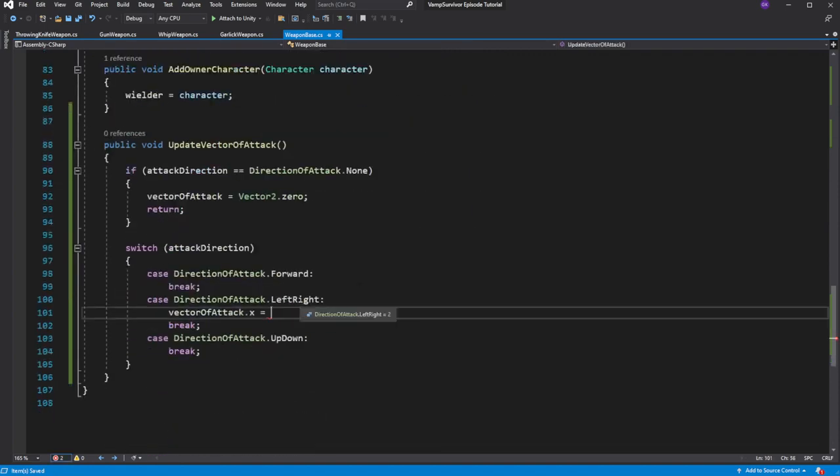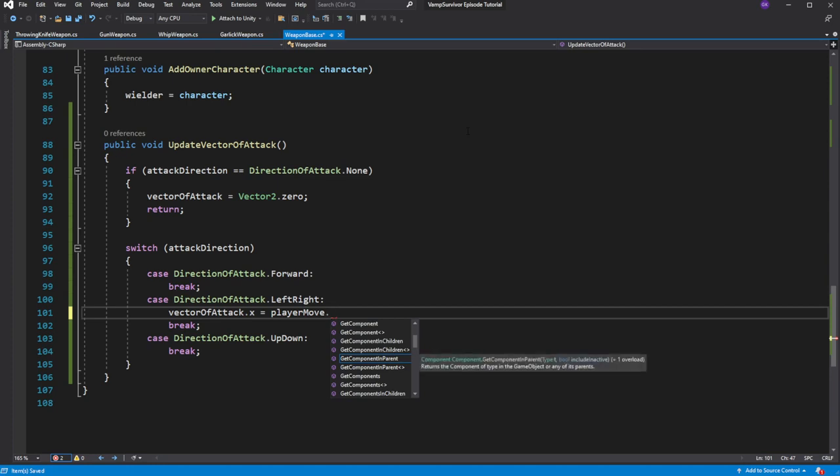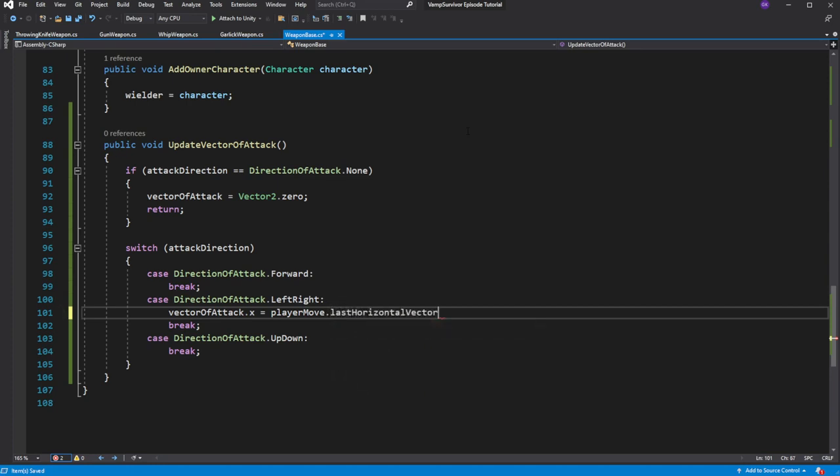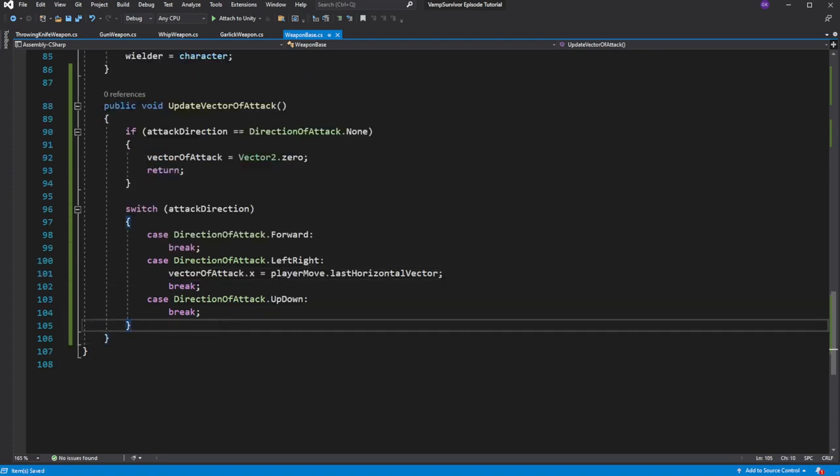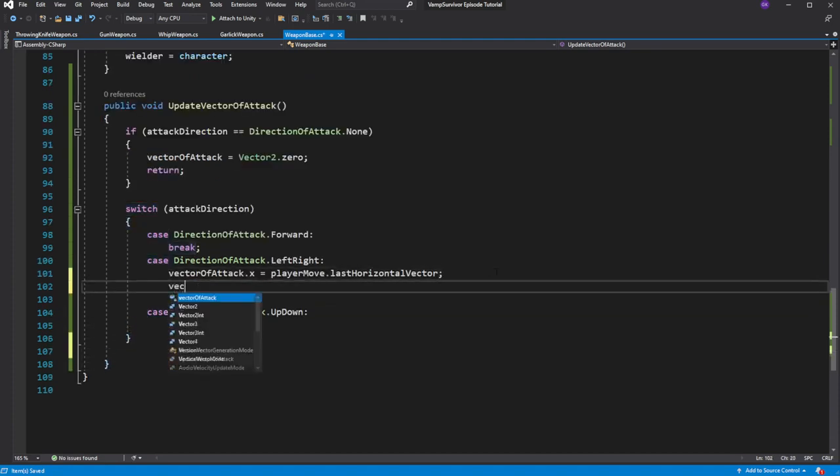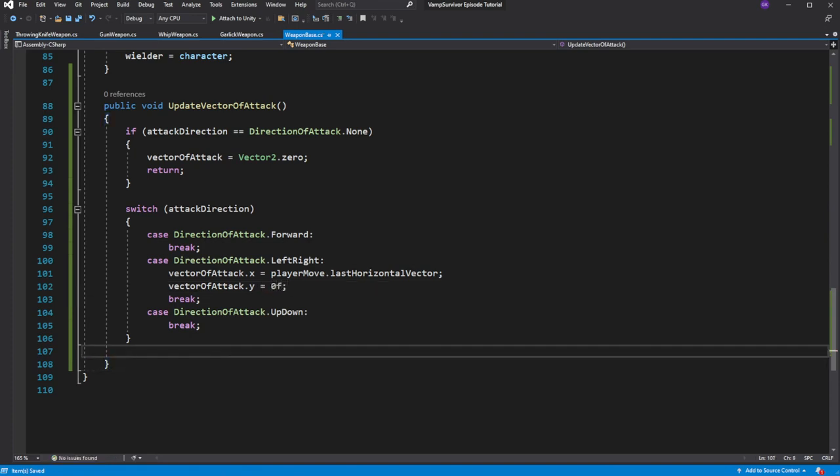Then in the left and right direction, read the last horizontal vector into the x direction of attack and set y direction to be 0. X is our horizontal direction and y is our vertical direction. Because we are attacking left or right, we ignore vertical direction and set it to be 0.